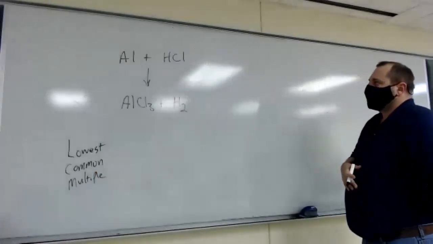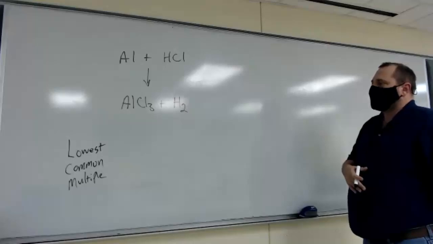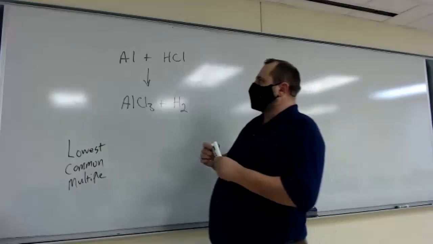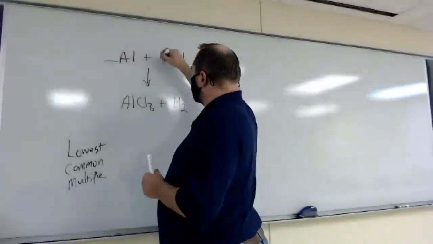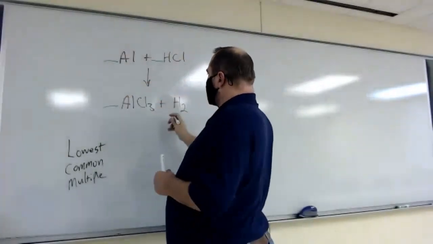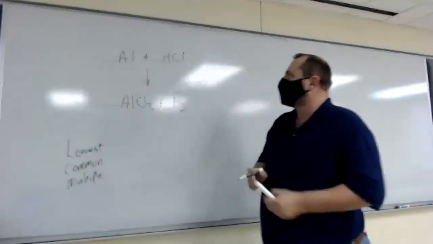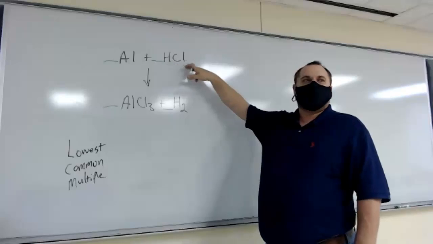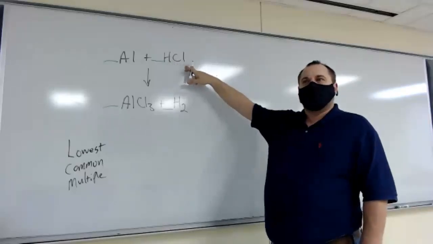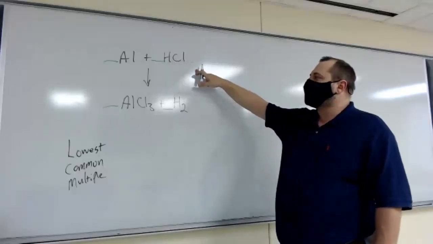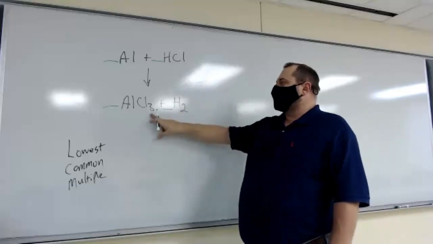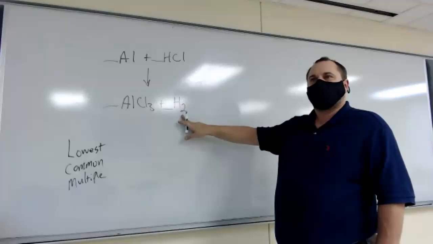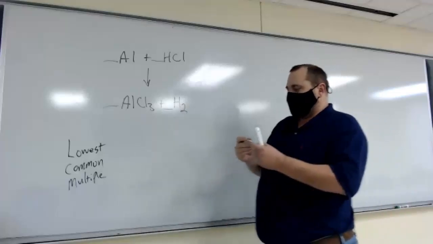And why I'm picking that as my skill is when I look at this problem, I see that up here, for every hydrogen, I need one chlorine. I need the same amount of both of those. This one comes in packs of 3, and this one comes in packs of 2. And so this is the kind of problem that